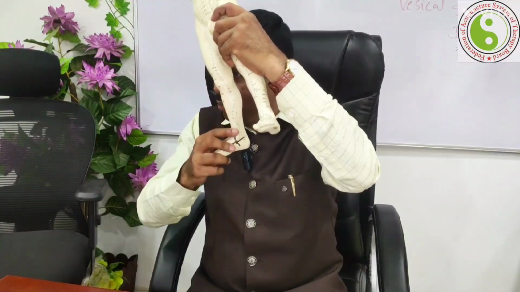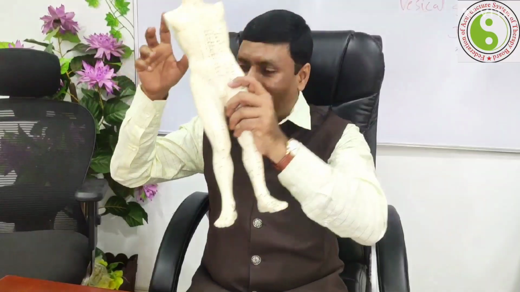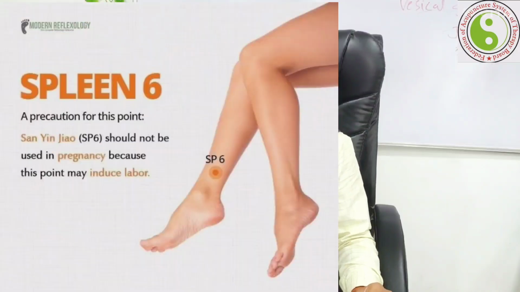How many chun in proportional measurement? 13 chun, which you divide along the entire leg. From the tip of the medial malleolus, 3 chun above is known as Spleen 6. But sometimes when we go to Spleen 6, we apply 4 chun above. Sometimes it is not 4 chun, but you are measuring from the malleolus, not from the tip of the medial malleolus.